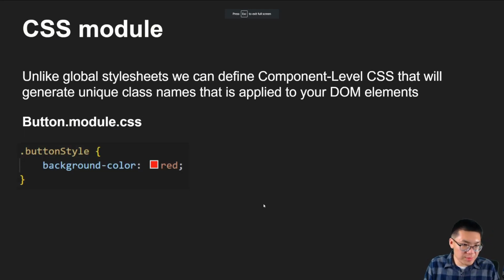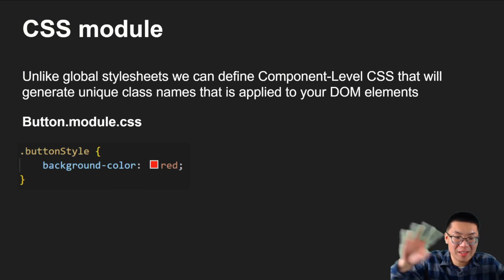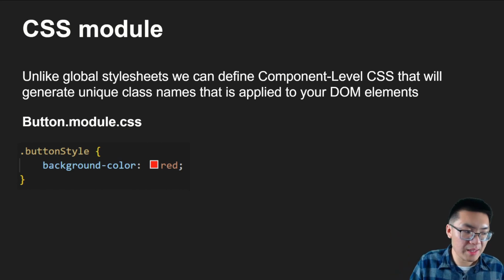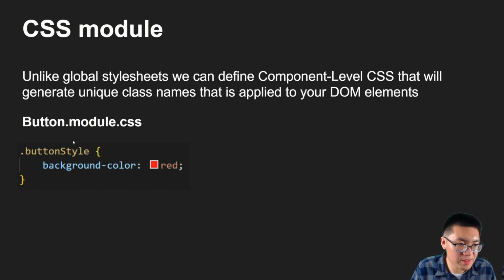So the next thing is we have CSS module. So maybe we don't want to apply a rule to everything because you can see how that can be complex and messy, especially once you scale and get a bigger application. Another way you can handle this and keep things more logical and componentized is use component level CSS. This will essentially generate a unique class name that you can apply to your DOM elements, and I'll show you what that means. So an example we have is I think it's actually got home.module CSS,